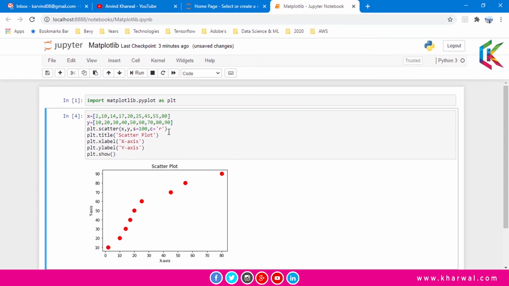We can also assign alpha here, and alpha basically represents the visibility. I am setting alpha to, let's say, 0.75, and now if I run this script, the scatter plot will be like this. We can also use edgecolor in this scatter plot. So let's add edgecolor here. I am assigning, let's say, k. k stands for black color. And now if I run this script, the edge color is black here.